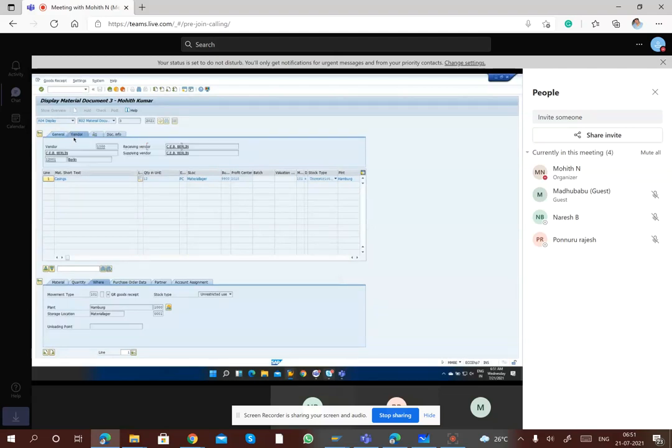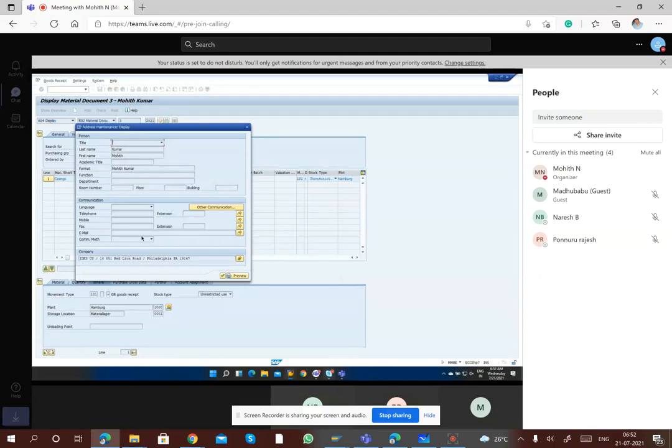Okay, let us go to the second tab where you can see all the details of the vendor. These are all details of the vendor, from which vendor we are taking the goods. Vendor 1000, his name and so on. Then the third one is your data, like who has done this and at what time. Those details will be here. Okay, this is my name, I ordered this, so all my details will be here.